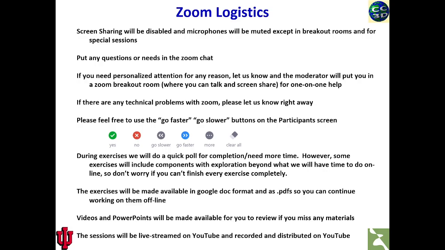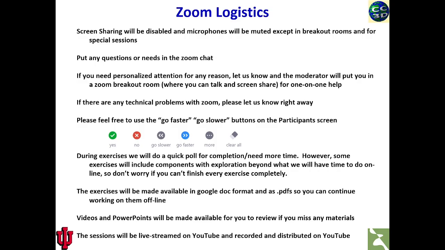If you need personalized attention for any reason, you can let us know. Sometimes we'll have people available to move to a breakout room and help you, for example, if you're struggling with your software or something like that. Generally, we try to keep assistance in the breakout rooms to a minimum if possible. One thing we found is that when you leave to go to a breakout room for 15 minutes to get help with a specific issue, when you come back, you've now missed 15 minutes of the main session. So we do try to balance that